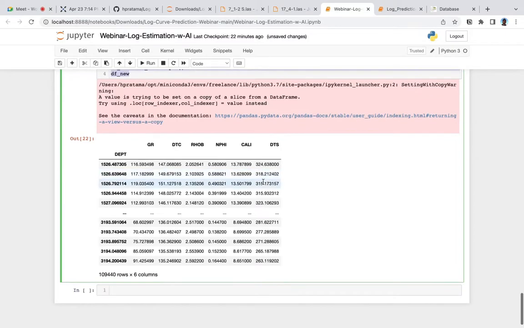So in here we just have GR, DTC, Robi, NP, and Caliper, and also DTS as our output or our target. So these are the features and this is the target. So the machine will learn the correlation between those features and this target.